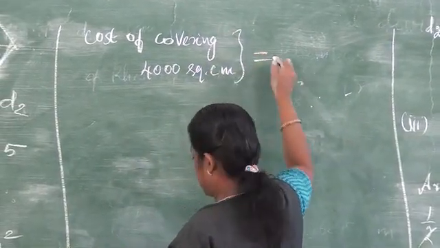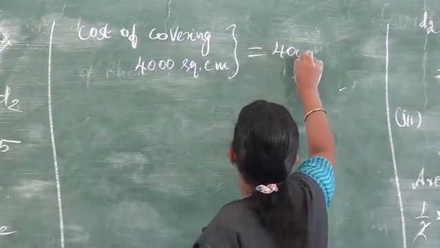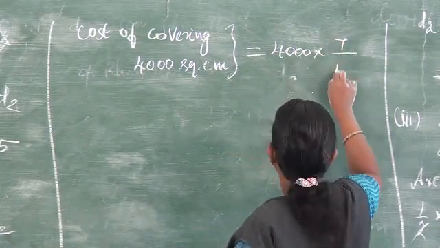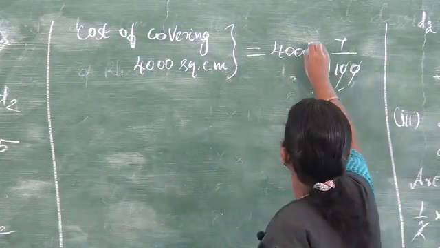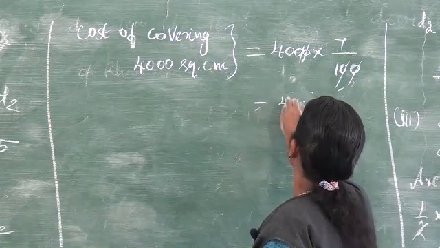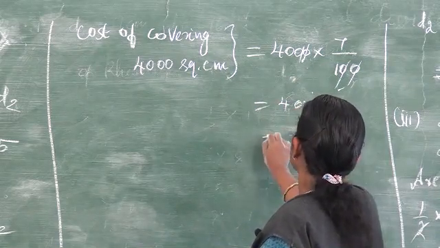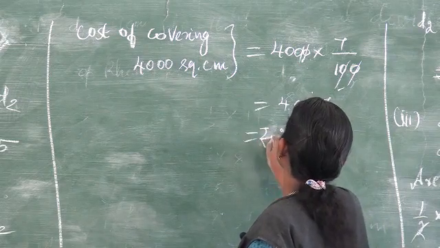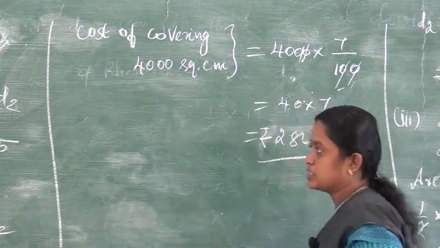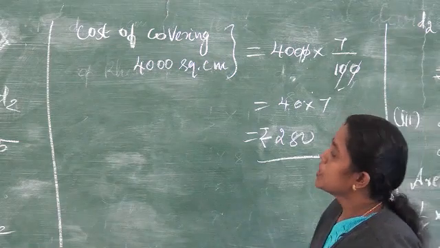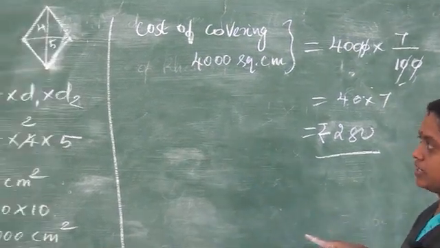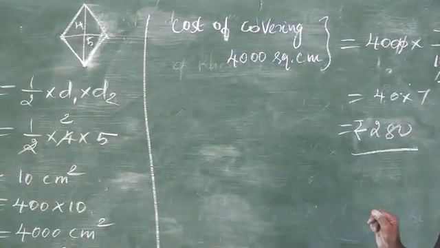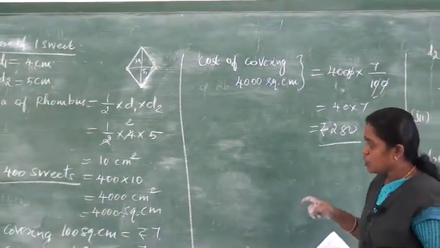Square centimeter. So 4000 into 7 by 100, the zeros are cancelling. 40 into 7, that is equal to 280 rupees. Here, rupees 280. Once again I will read out the problem. One sweet's diagonals are given as 4 centimeter and 5 centimeter. So they are asking to find out